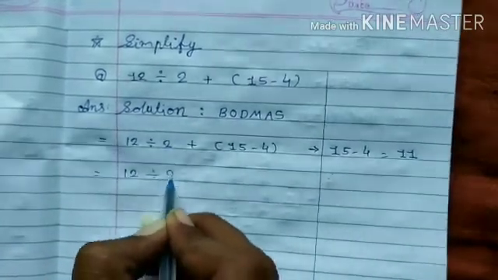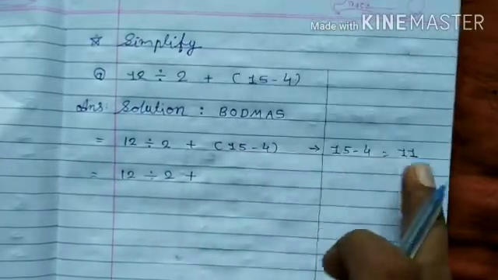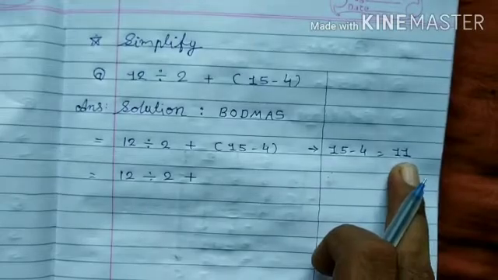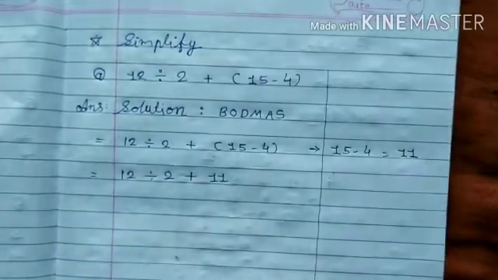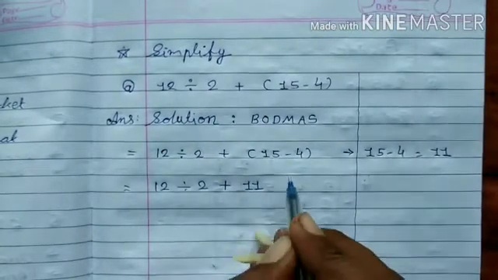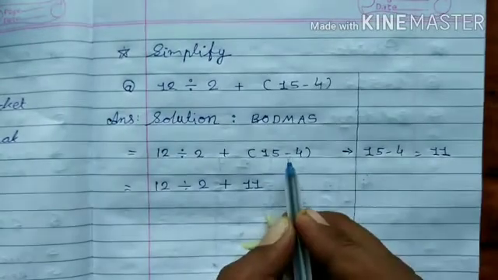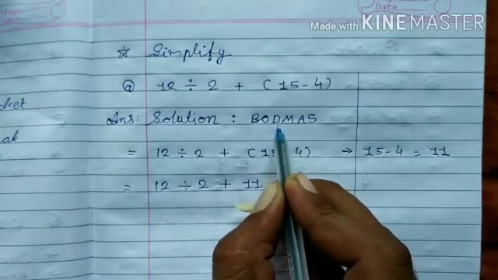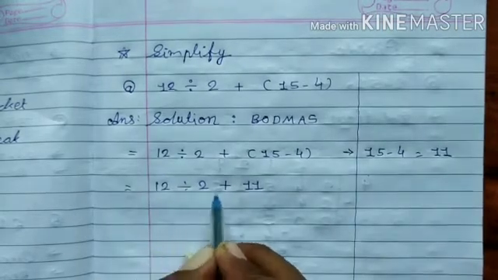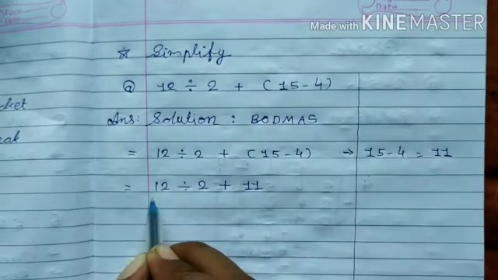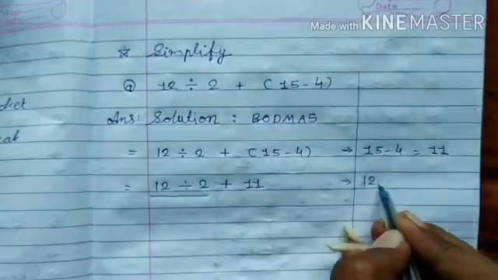Now before these operations, we have to copy this down: 12 divided by 2 plus. Now there is only one operation and we have solved it, so we will not keep this answer in bracket, but we will write it directly. So we have solved these operations, so I will cut bracket off, right? Because we have solved. Now the next operation is division. Yes, we have a division, so I will underline, and this operation I have to copy here.